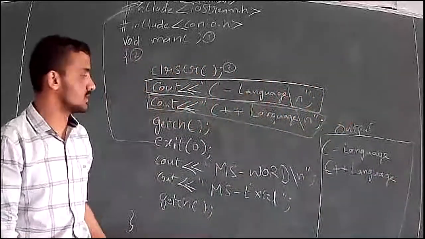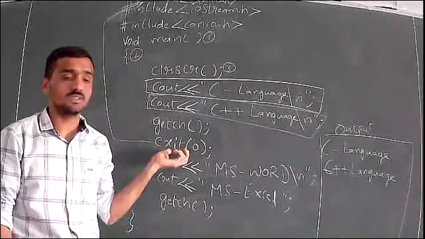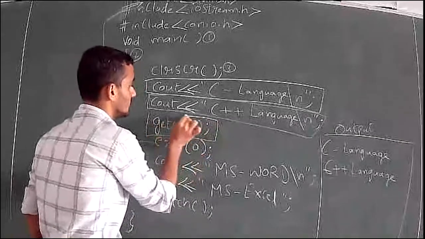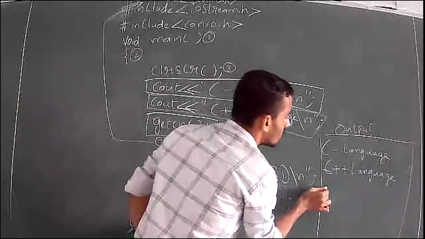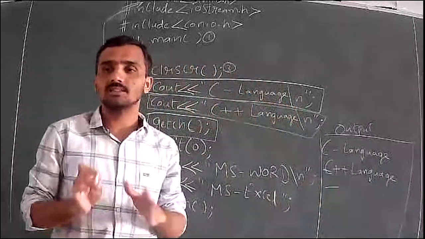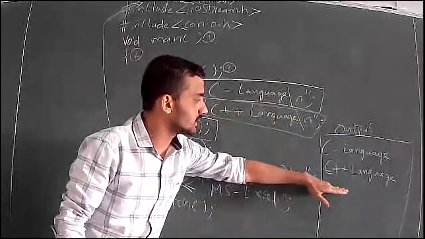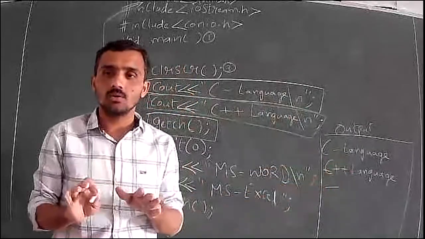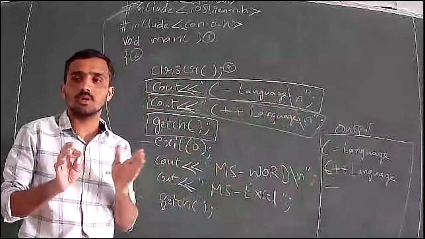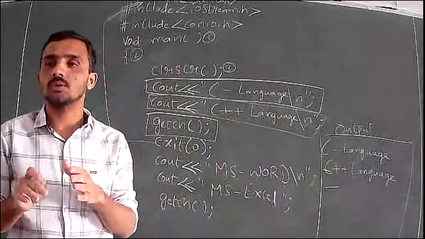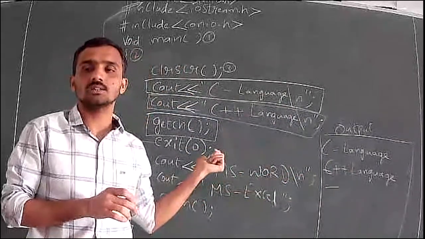Now you see what happens. Before the exit function is executed, there is a function called getch. When program control comes to this line, what happens is just the cursor will start blinking on this screen. On the black screen, you have to imagine. Tomorrow we will see the execution part. Just the cursor starts blinking here. That means the program has ended already. That means these two statements will not execute because there is an exit function. The program has ended already, but it is waiting for us to type a key from the keyboard so that program control will come to the editor screen.